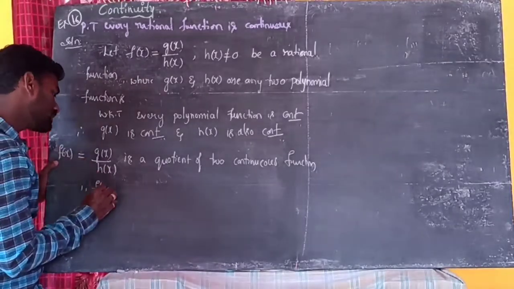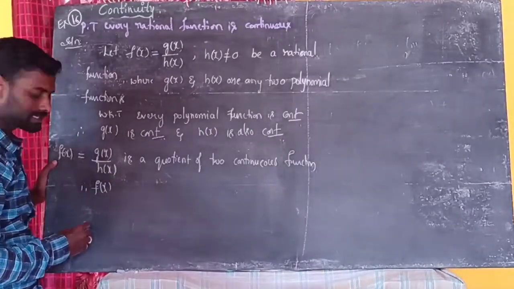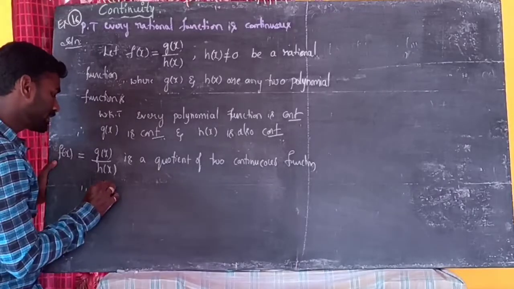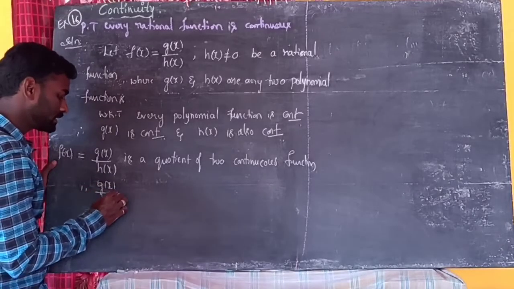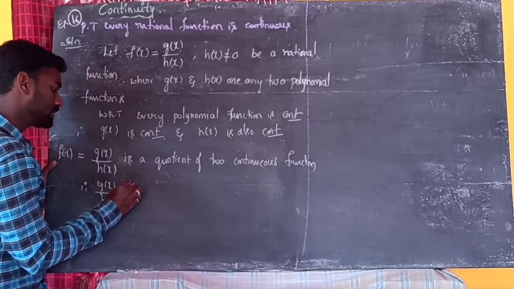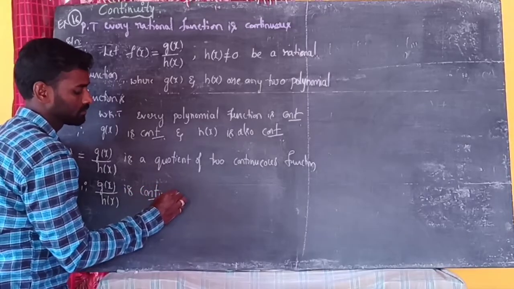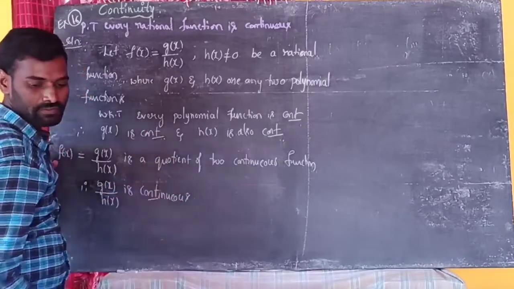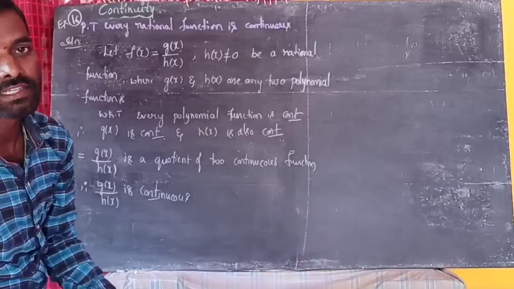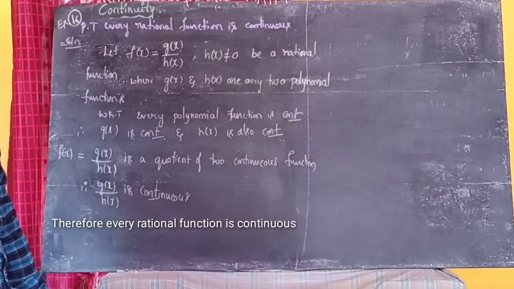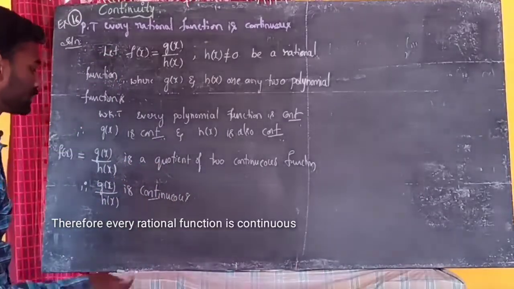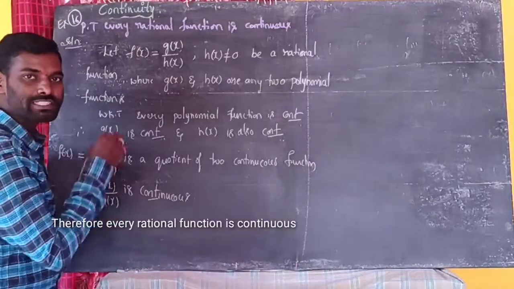Therefore it means what? g of x by h of x is continuous at every point of real numbers. Yes. Okay. Next one. At every point of real numbers, provided h of x is not equal